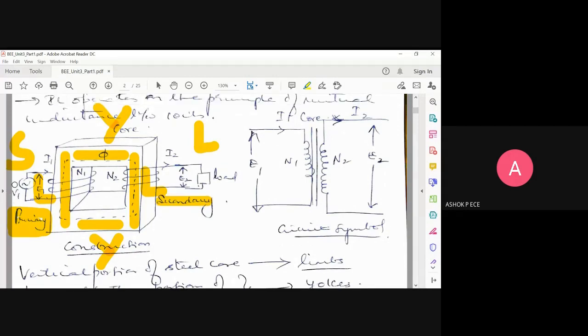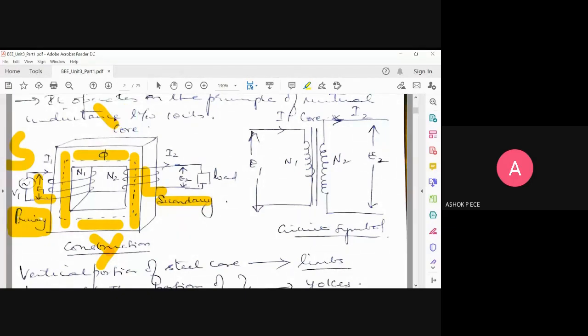So whenever you have a source, the source end of a transformer is called as primary, the load end of transformer is called as secondary. And V1 is your source voltage and I1 is the source current or primary current, I can say. And I2 is the secondary current and E2 is the secondary voltage appearing across the load. And primary and secondary are going to be wound around the limbs and they can have number of turns. The number of turns are going to be N1 and N2. Okay, N1 is the number of turns in primary and N2 is the number of turns in secondary. So this is going to constitute a transformer.